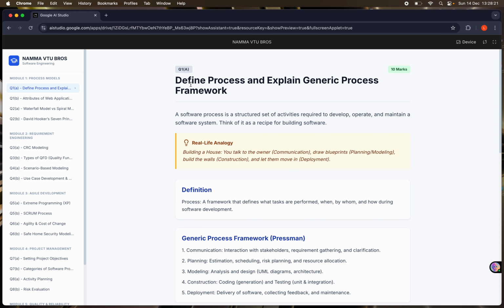Define a process or software process and explain generic process framework. Many students try to mug up this answer, but if you understand this, you will never forget. This question is almost guaranteed in VTU exams. So let us understand what a process means in software engineering. A software process is a structured set of activities required to develop, operate, and maintain a software system, which means it is a step-by-step method that tells you what to do, when to do, and how to do while developing